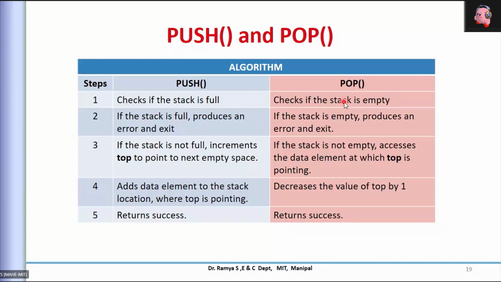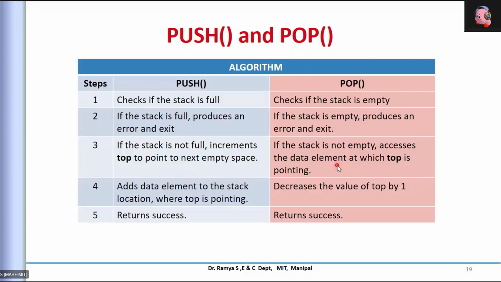But you want to take out the element. That is not going to be right. So first it will invoke this error, which we already seen, that is empty. So once is empty returns whatever the error. If there is error, then it will come out of that. If there is no error, that means it contains some elements. Then it takes the topmost, whichever is pointed by this variable, and takes out that particular